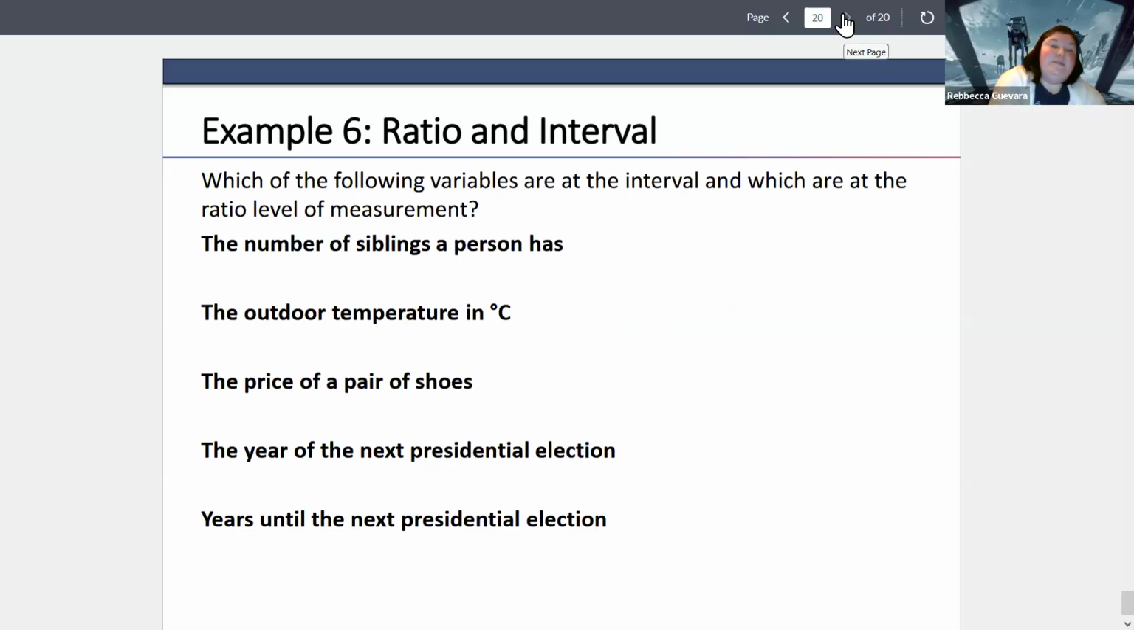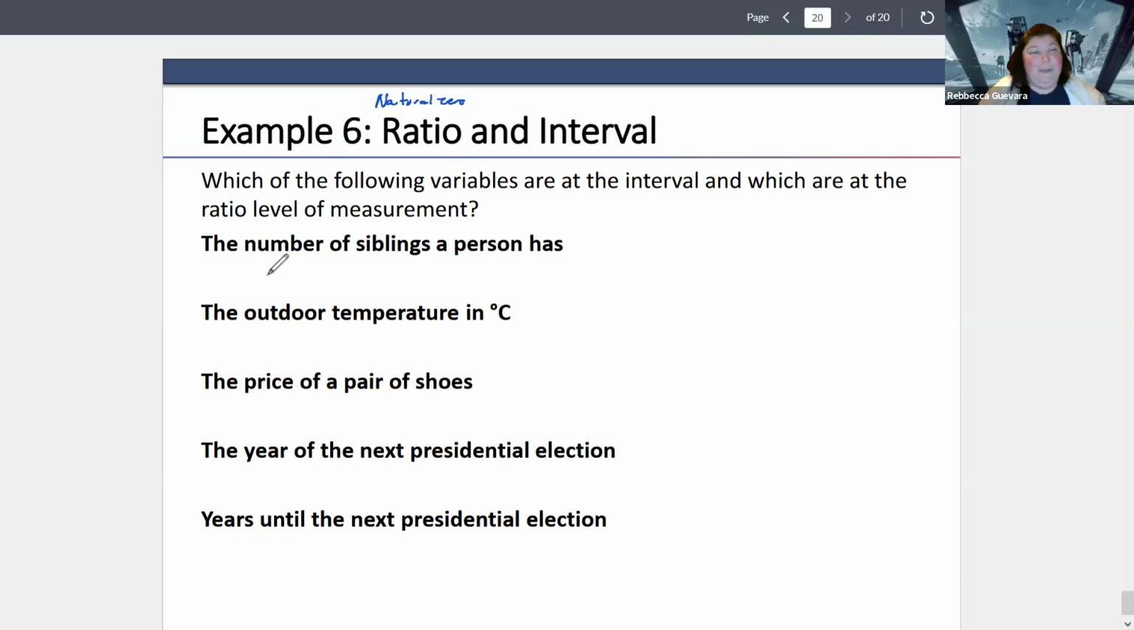So our examples here would be, see if it's ratio or interval. Number of siblings a person has. Now you have to figure out, do we have a natural 0 to it? Or a meaningful 0? So ratio would have that natural 0. Interval does not. So just having 0 siblings, or a count of 0 siblings, does that actually